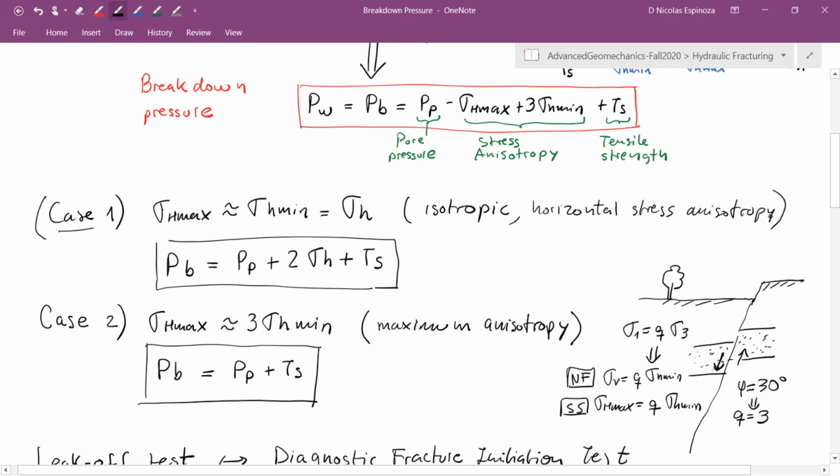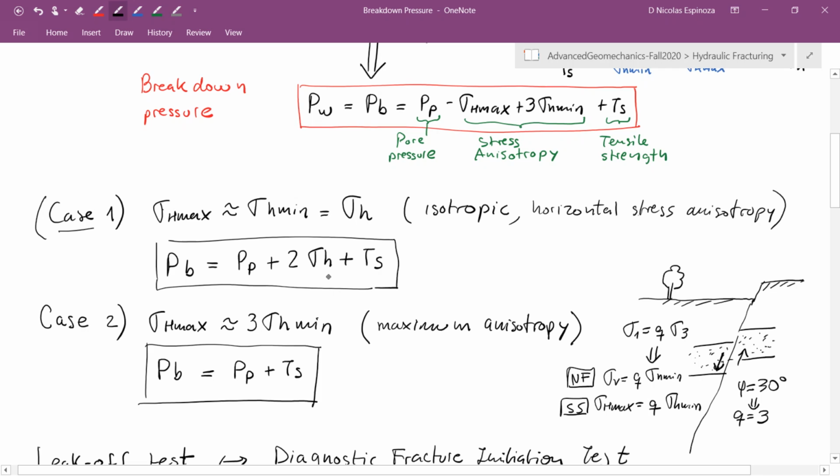This happens, for example, when you have small tectonic strains, so that sigma h max is equal to sigma h min. And just to make it simpler, let's just call it sigma h. If you replace sigma h here, then you'll have negative 1 sigma h plus 3 sigma h. That's going to be 2 sigma h. And so the breakdown pressure is going to reduce to this simpler equation, where you can see that in an